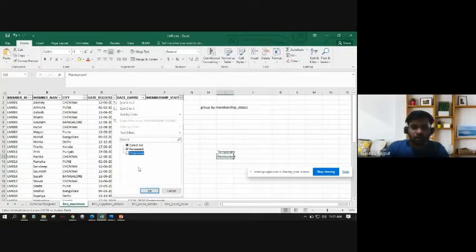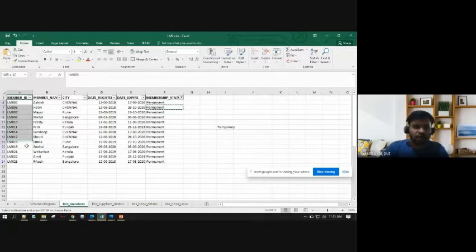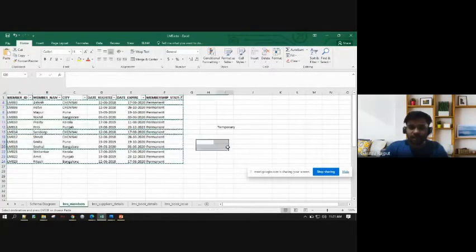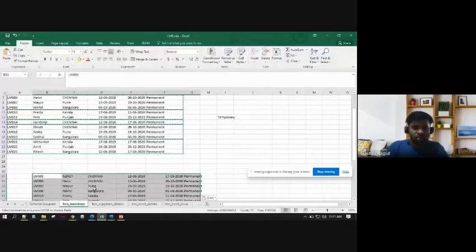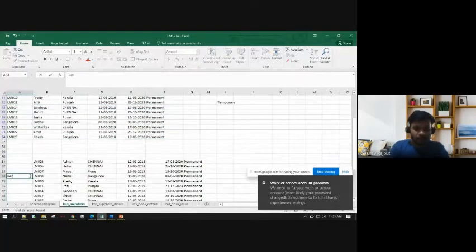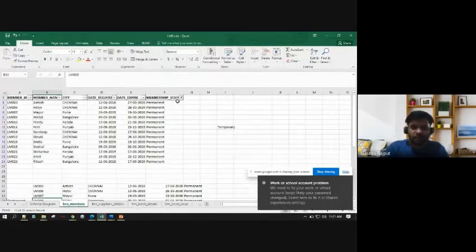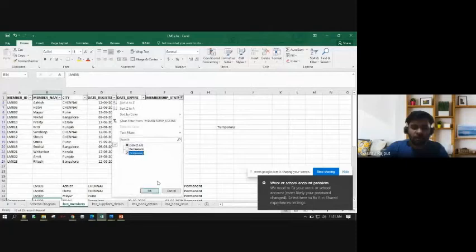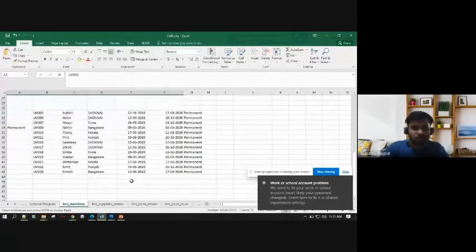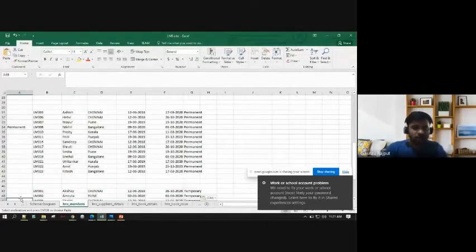Now it will say, okay, permanent. Whatever rows are permanent, it will place in the permanent bucket, and everything would be named permanent. Then it will do the same for the temporary ones, placing them along the temporary bucket.